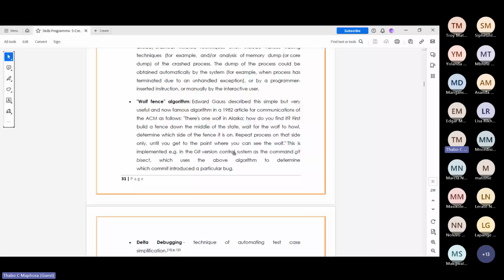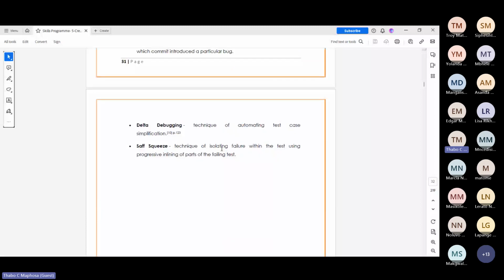Right. And then there's something called delta debugging, which is a technique of automating the test case simplification. And then there's something called staff quiz, which is also a technique of isolating failure within the test using progressive inlining of the failing test. You see that? So now with delta debugging now,